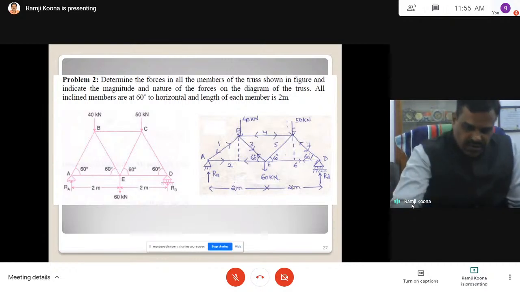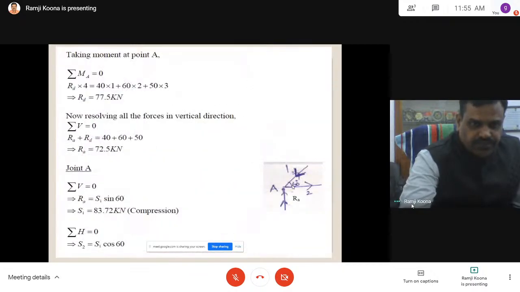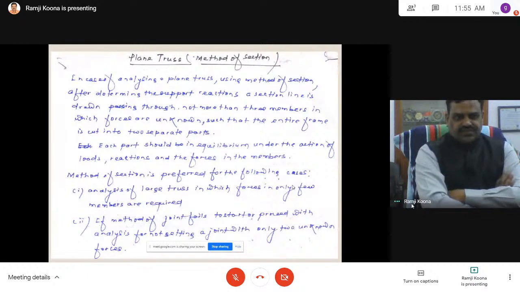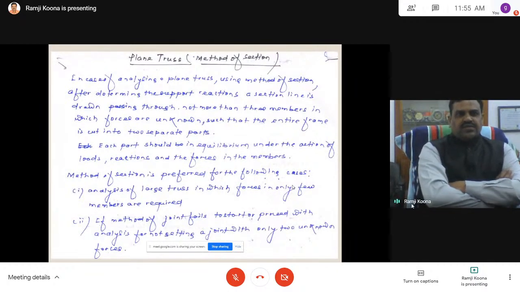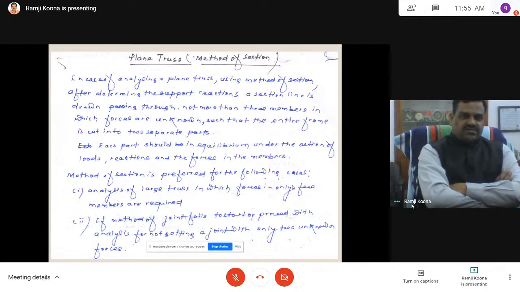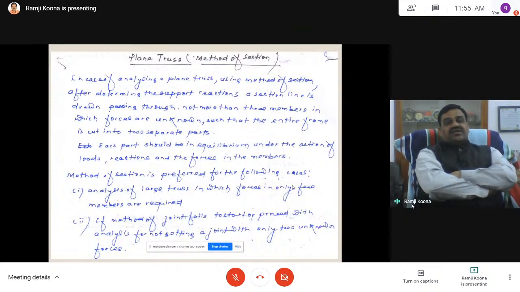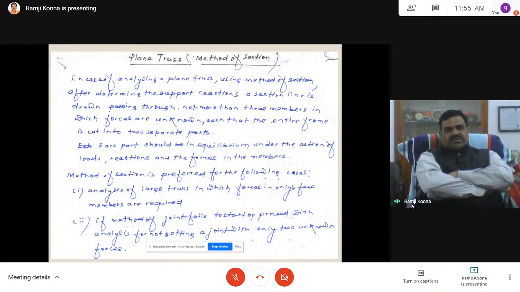Now go to the method of sections. Here the procedure is the same, but this is for lengthy trusses. If you want to determine the force in each member, it is also a perfect truss, and we are applying this to a statically determinate system. But as the truss is very lengthy,